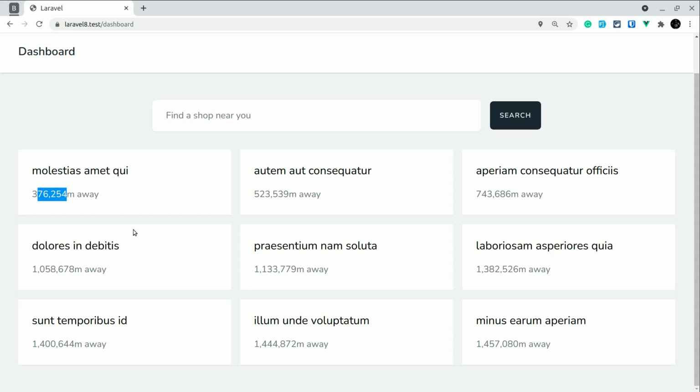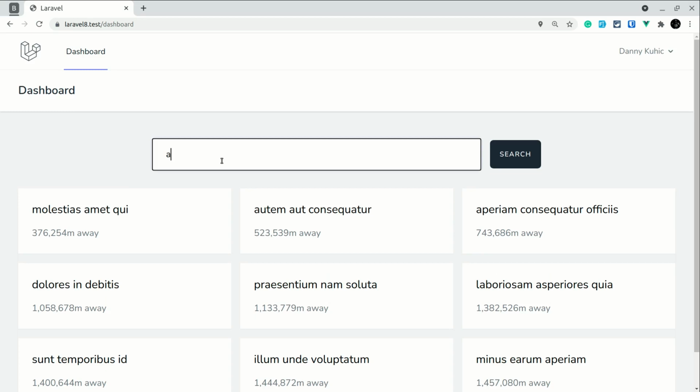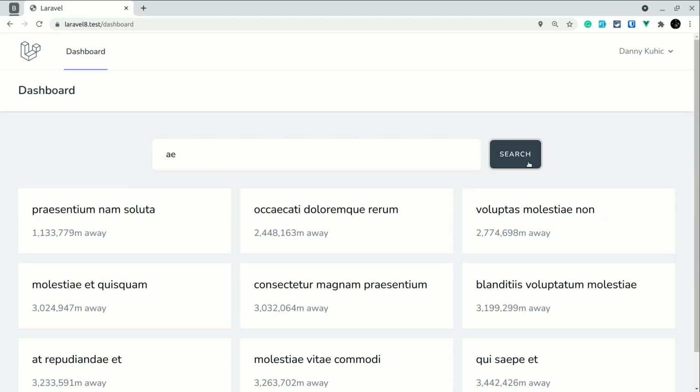But in a real world scenario, it will be much less, and it will show the distance in meters, and you can just convert this meter into any other unit depending on the metric system that is used in your country. So guys, this happens whenever a user visits a website. And let's say a user searches for a shop like AE here and enters search, then you can also see here that everything with AE is shown and the nearest one is shown in the beginning.